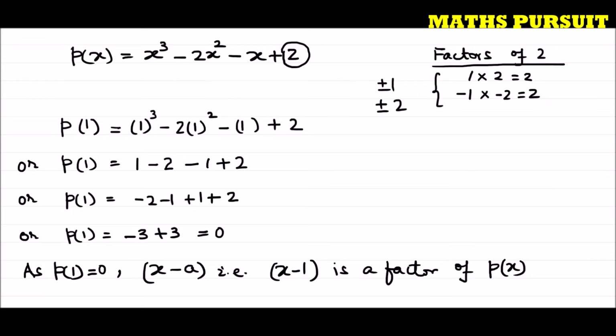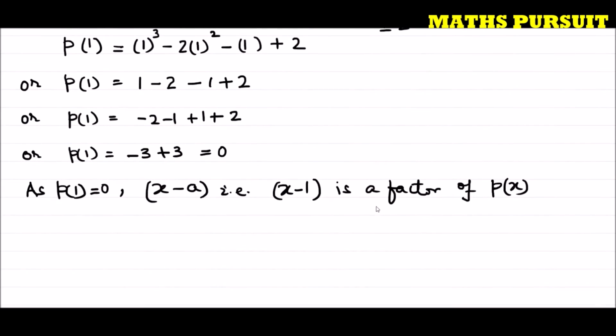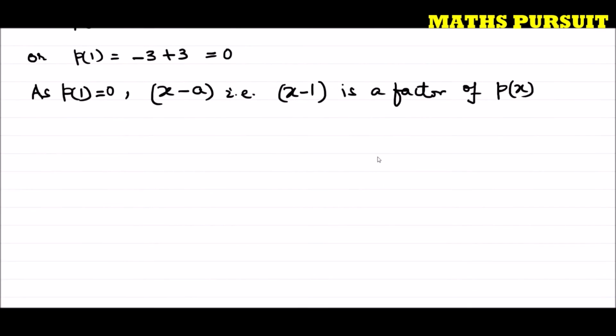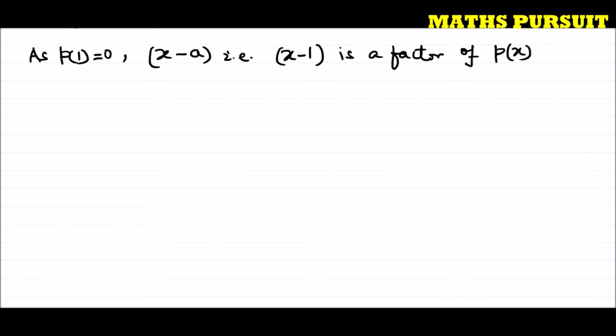But before that, we need to remove this x minus 1 from this original polynomial. How to do that? We need to divide the original polynomial by x minus 1 so that we can easily remove x minus 1, or we can segregate, not remove, I can say we can segregate x minus 1 from the original polynomial.